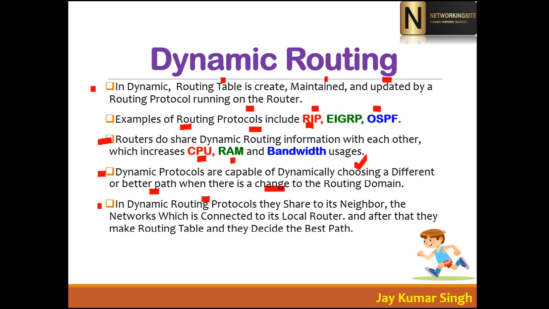Dynamic routing protocols share the routing table information with their neighbors. And which type of information do they share? They share the connected networks, so that you can say, I am reachable to 5 networks. Those are the details they share with the neighbor, and the neighbor also shares its routing table with you. So you communicate using the information you get from the neighbor. Because if you want to reach Google, your company router is not directly connected to Google, right? So you have to follow some kind of